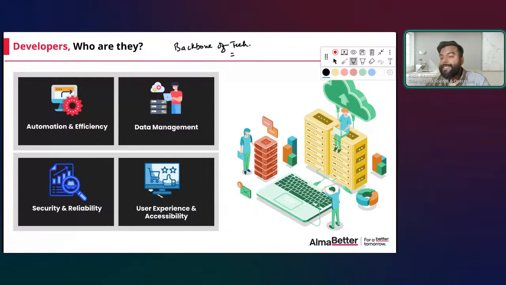So when you create these kinds of solutions and applications, it brings efficiency to the process. You are able to track, monitor, and take actions in the right manner, right? That's the first thing. That's why I mentioned the backbone of tech. That's who developers are, because they work on creating these software applications. We have seen websites multiple times, but that's just one part of it. Apart from that, there can be sophisticated applications, not just mobile apps, web applications as well.